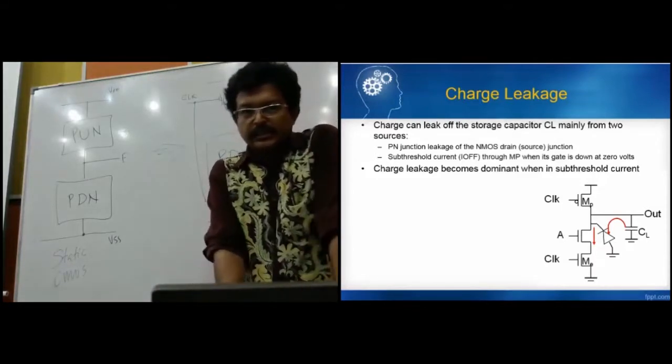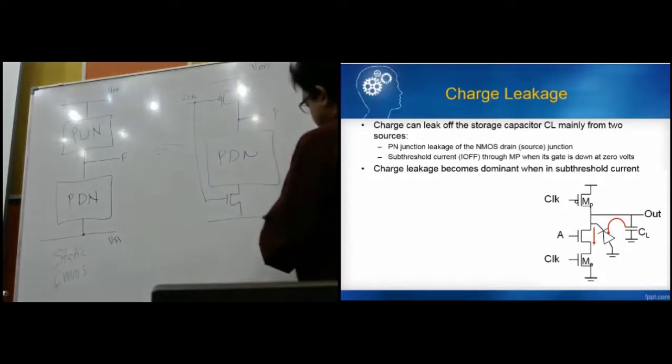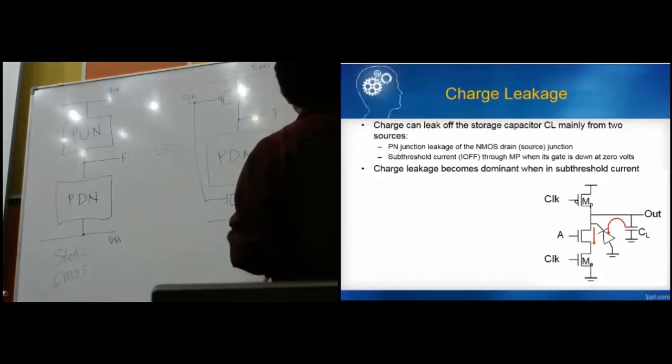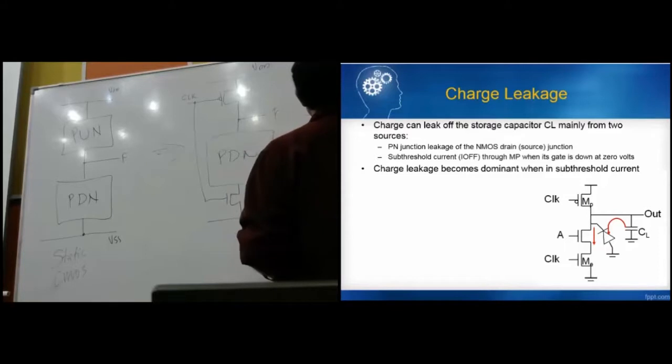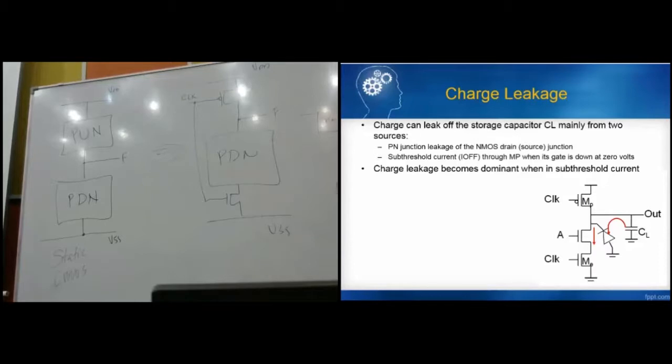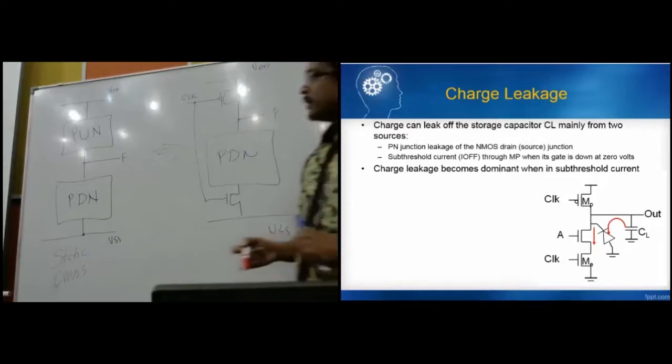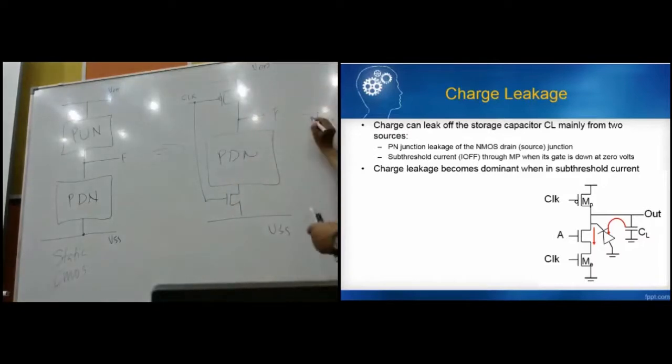Okay, charge leakage is if let's say that you take the cross section. Okay, this is an NMOS. Why do I say that this is NMOS? Because this is an N-type and this is a P substrate. Okay. So what happens is if you look here, let's see if I cut this part here and I cut this part here. This is actually a